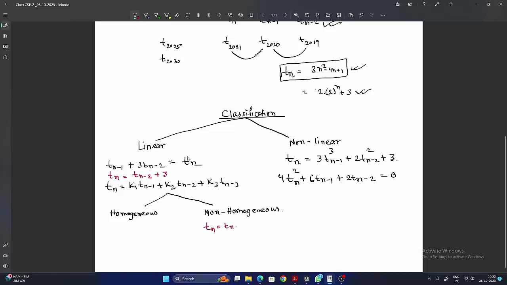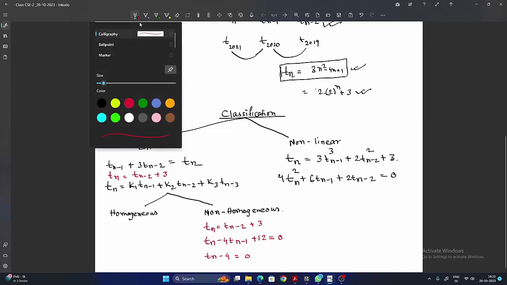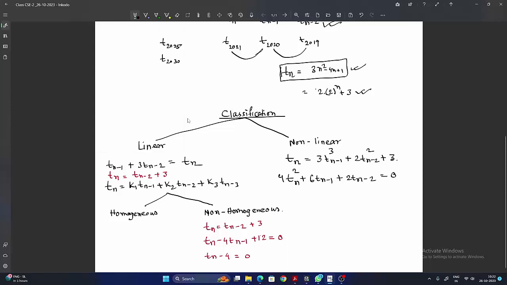So t of n is equal to t of n minus 2 plus 3, or suppose t of n minus 4 t of n minus 1 plus 3 is equal to 0, or plus 12 is equal to 0. All these types of expression, or suppose t of n minus 4 is equal to 0, are actually non-homogeneous expressions. Here homogeneity breaks,